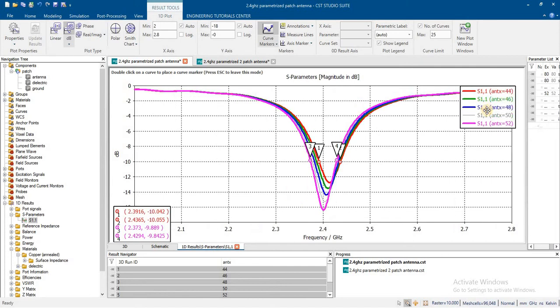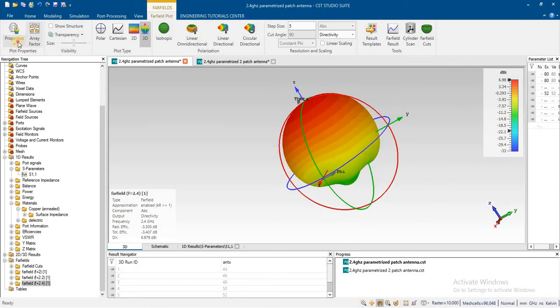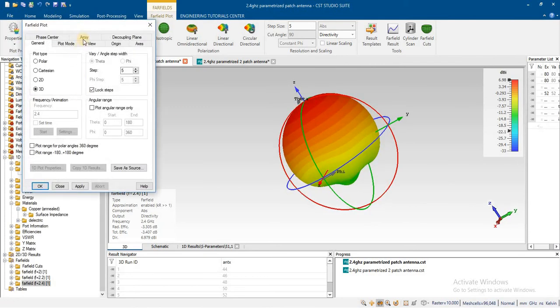Similarly, by using the control key, we can highlight all the graphs. The far field plot at 2.4 gigahertz.